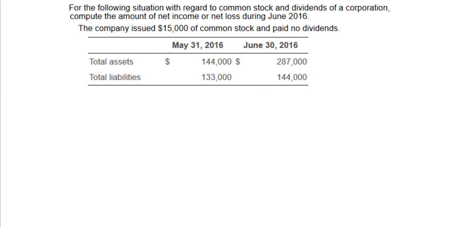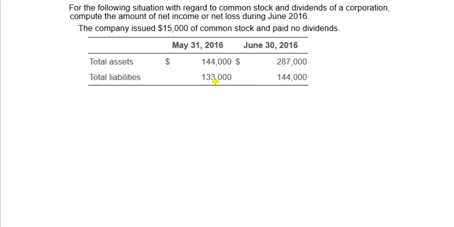For the following situation with regard to common stock and dividends of a corporation, compute the amount of net income or net loss during June of 2016. The company issued $15,000 worth of common stock and paid no dividends during this month. So, okay, on May 31st, 2016, so at the start of June, the company had total assets of $144,000 and